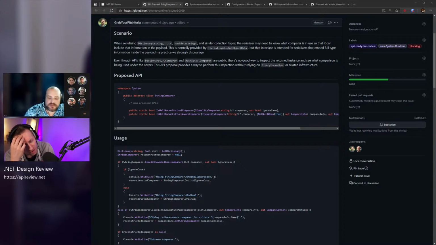So is CompareOptions the right enum here, or should it be the StringComparison one? No, CompareOptions is the correct enum, because when you're dealing with culture-aware specifically, when you create a culture-aware comparer, the two parameters that you have to pass in are the CompareInfo and the CompareOptions. The very specific reason we're not returning StringComparison as an enum is because StringComparison has things like CurrentCulture and CurrentUICulture hanging off of it. Well, the server and the client might disagree on what the current culture is. I have no way of knowing how someone could ever possibly interpret current culture as an enum value, so I